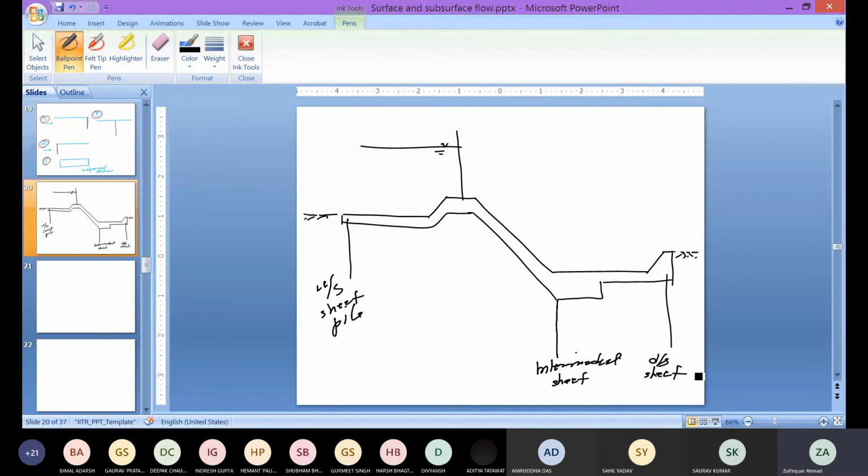Second, the floor thickness is not negligible. We have the floor thickness. Third, these sheet piles are not independent. It means that we have the upstream sheet pile, we have an intermediate one, and we have the downstream sheet piles. So there may be an interference effect of one pile on the second pile. And these are the things that are not considered by Khosla.